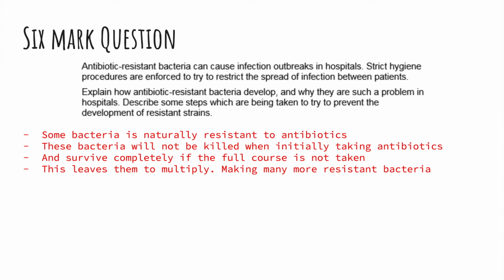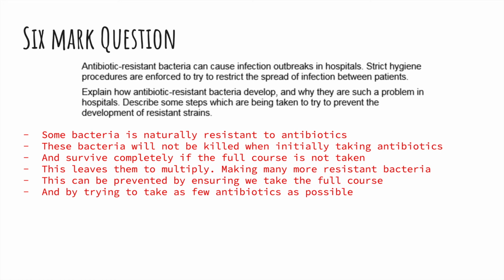Hospitals treat vulnerable people. They treat people that are already sick, they've had operations, and so they are more prone, more at risk to infections anyway, and a resistant infection and resistant bacteria is going to be more of a problem. This is why nowadays if you give birth in a hospital, they try and get you out as quickly as possible, because things like MRSA, things like resistant bacteria are greater risk than the small risk of going home a little early. The things we can do to prevent it, we make sure we take the full course